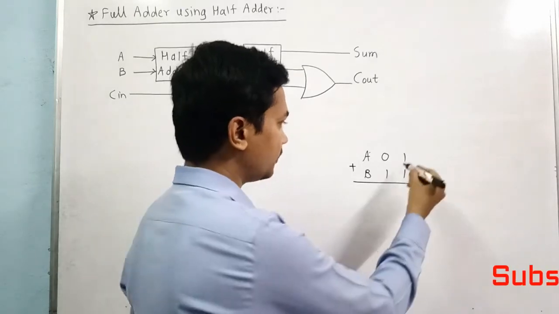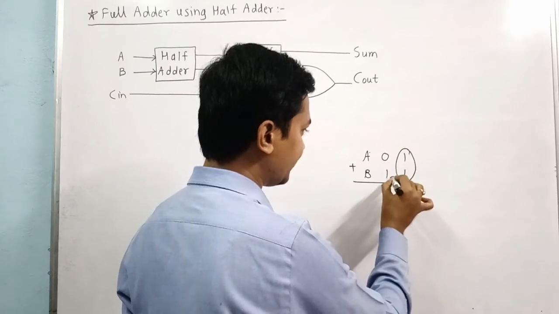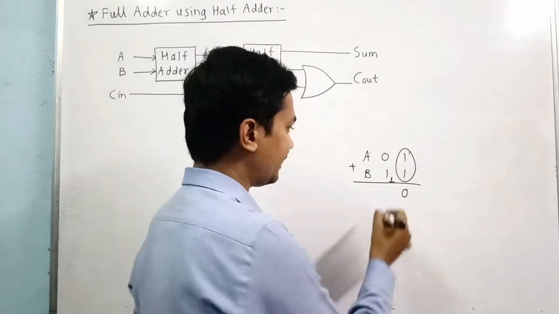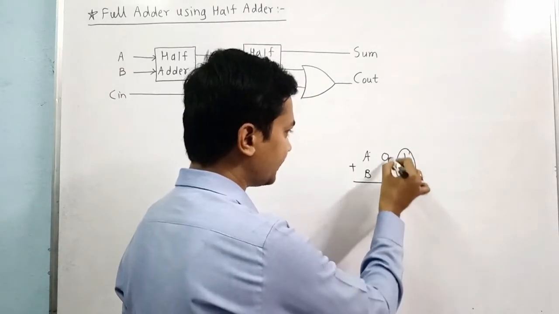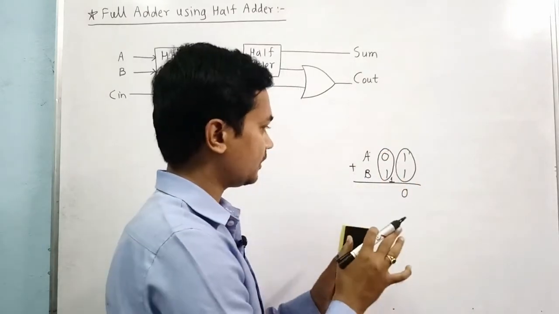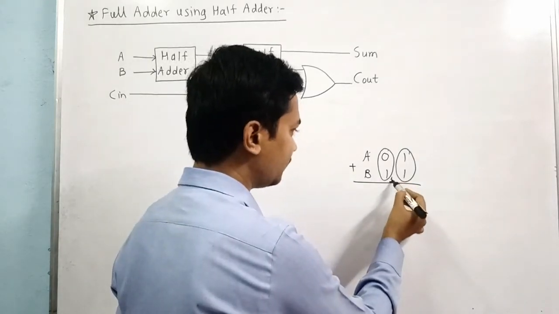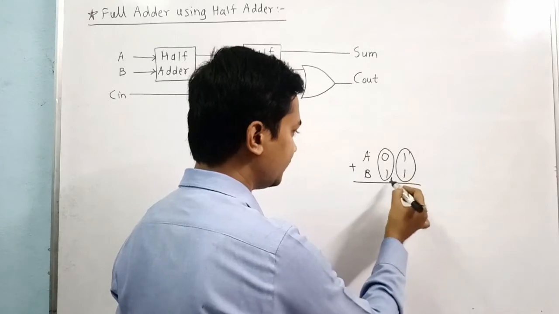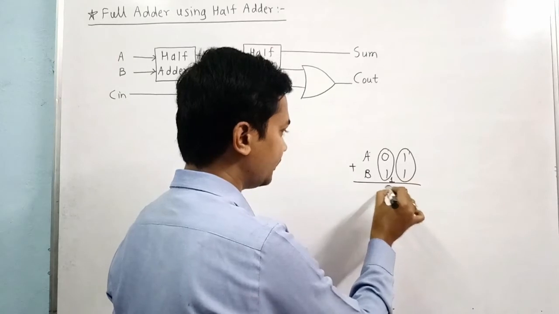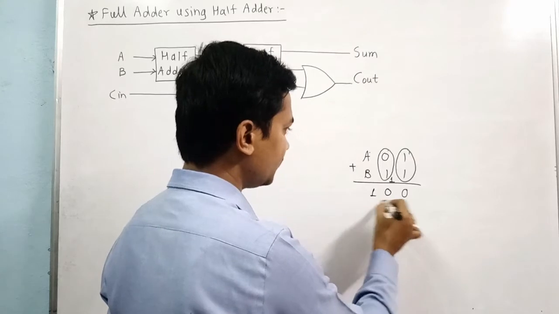Then what happens? For the first addition, the carry will be generated here and the sum will be 0. When you perform the second addition, 0 1, you don't have a third input in the half adder. That's why we have to consider this carry, which is obtained from the first addition, in the second addition. So here 1 plus 1 should be 0 and the carry should be 1. We have to obtain this kind of result.